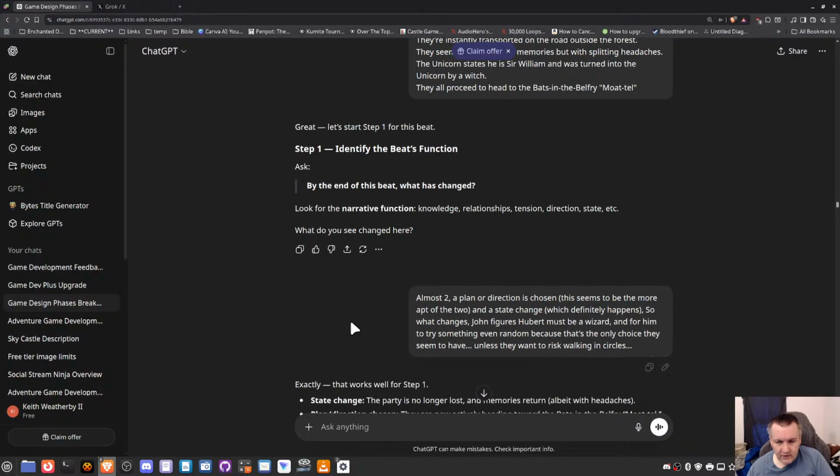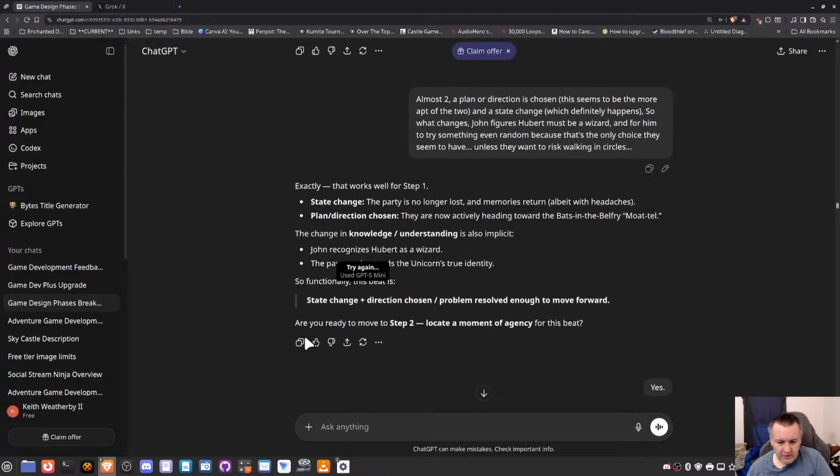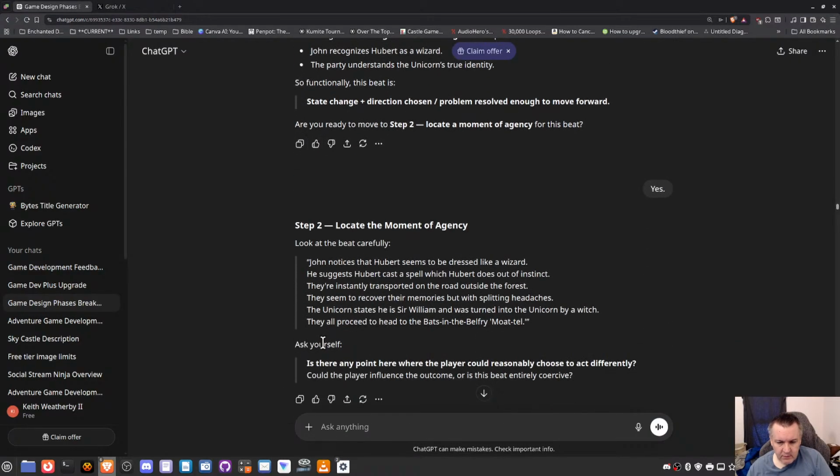So identify the beat's function. By the end of the beat, what does it change? Identify the beat's function. Okay, the one with agency. Actually, I could have gone through my notes.